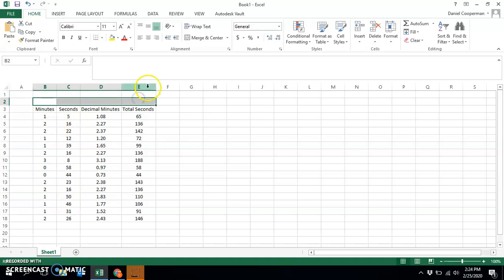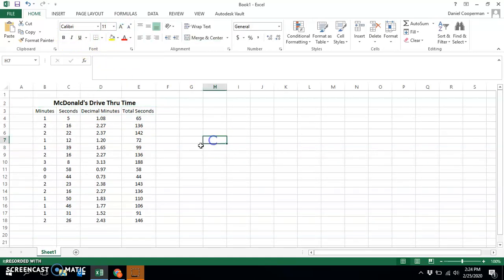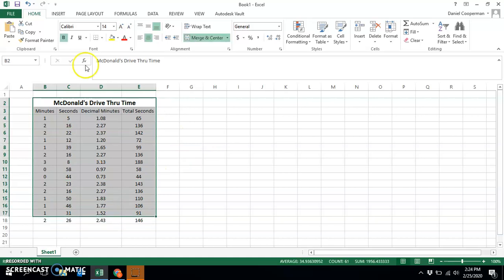I'm going to highlight right here to create a title. I'm going to highlight these 4 cells and hit merge and center. And then over here I'll do McDonald's drive-thru time. And I'm going to make that bold, a little bit bigger than the rest of the text. And I'm going to now highlight all of this to make it